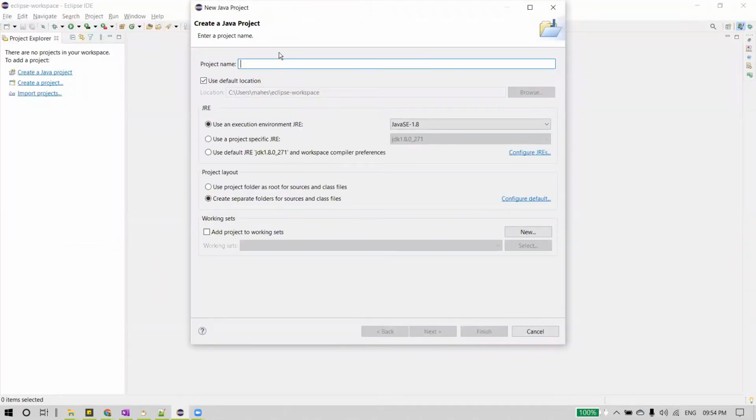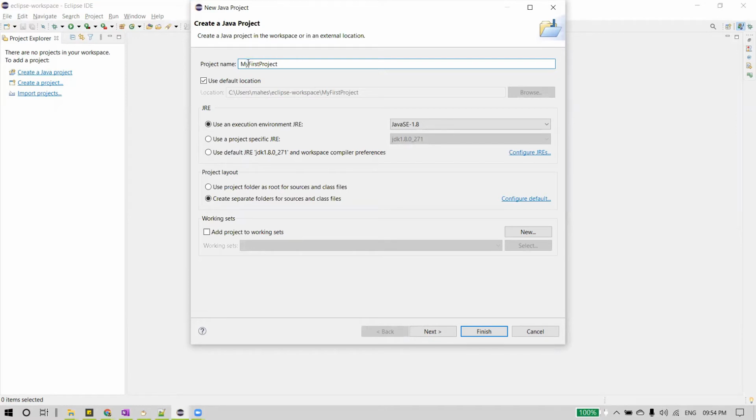And what is a Java project? For better maintaining the Java programs and all the related source files, we need a location, and that's the reason we create a project. And the convention for creating a project name is that the first letter should be an uppercase letter, and let me name my project as MyFirstProject.